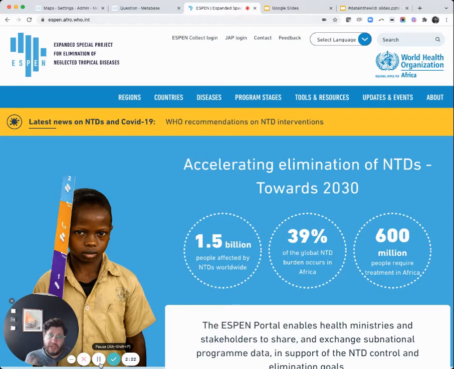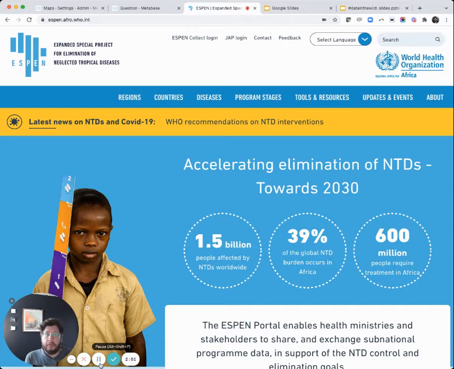And one of the challenges we always find when we deal with neglected tropical diseases is that it's called neglected for a reason. They actually affect millions of people around the world, and over 1 billion people are at risk for NTDs. These are diseases that you get from poor water sources or places that don't have adequate hygiene.